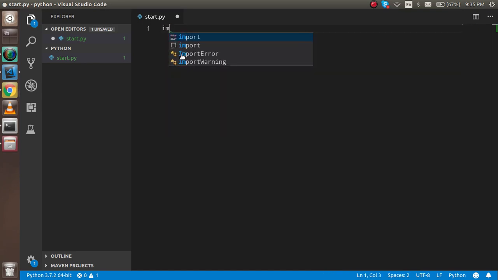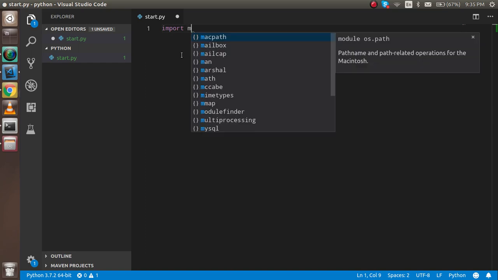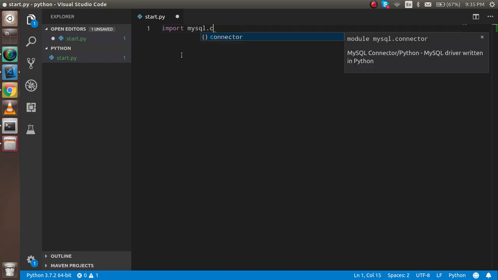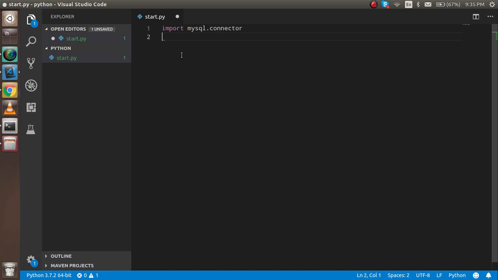Okay, so first of all I'm going to write import mysql.connector and take a variable like mydb, and we can write here mysql.connector.connect. Okay, and here we have to pass four variables, which first of all is host. My host name is localhost,